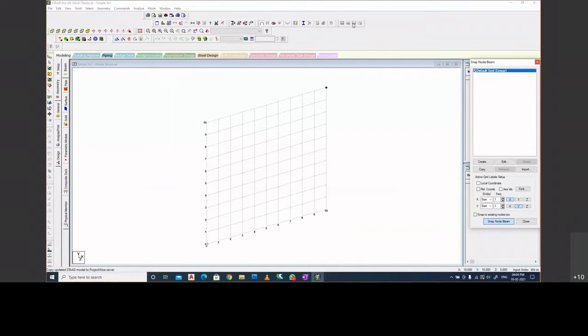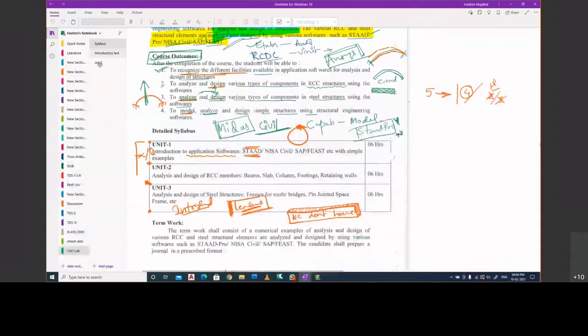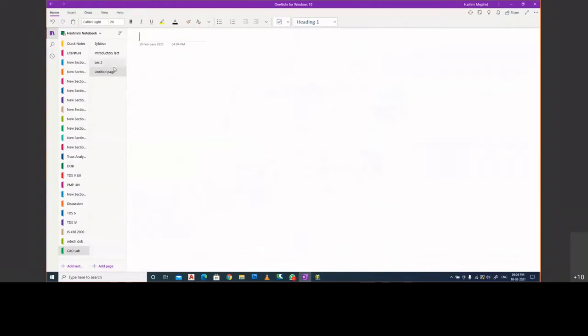It is a very simple class. Okay, so we would be using OneNote as well as StatPro both. I am sure you are able to view this page of OneNote wherein I have written 3 by 3 single story. Okay, so this is a single story plan. I hope everyone is following and there aren't any difficulties as such.